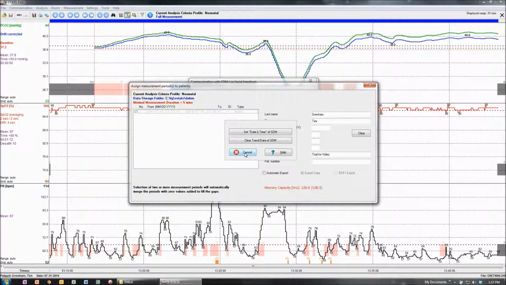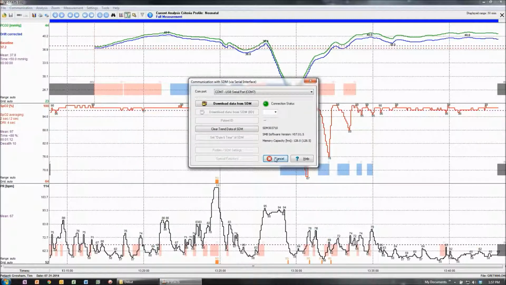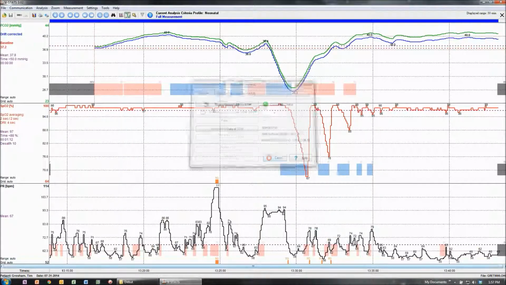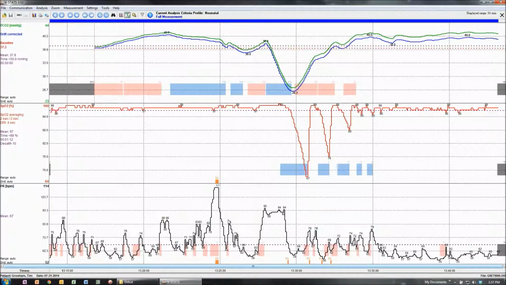We're not going to do that just at the moment, so we push cancel there. We're also going to cancel that interface box there, and we're going to have a quick look at this study. And this is exactly what I've just recorded. You can see I did a little bit of an exercise here where I hyperventilated for a while, and right